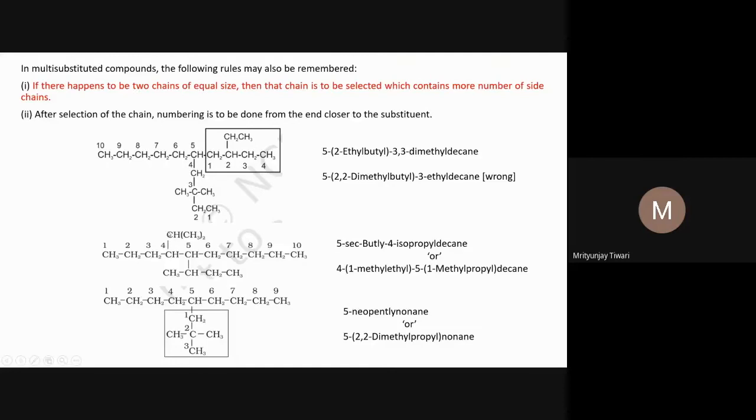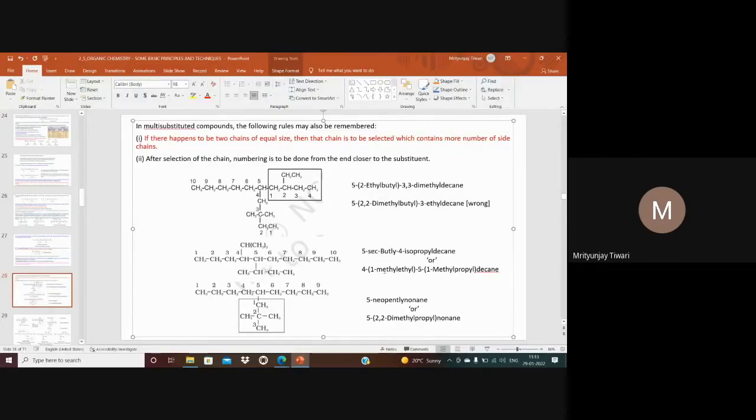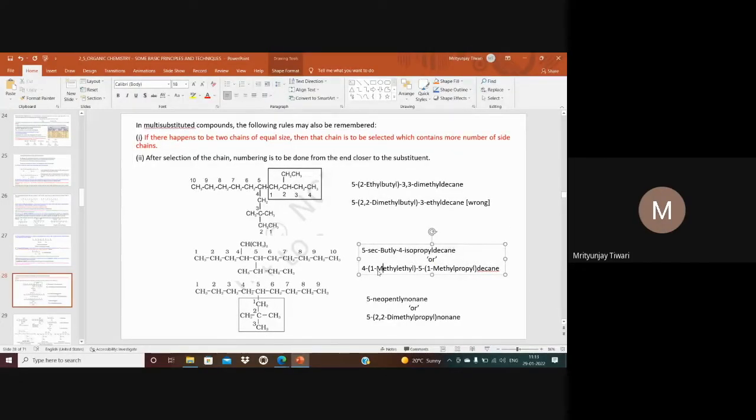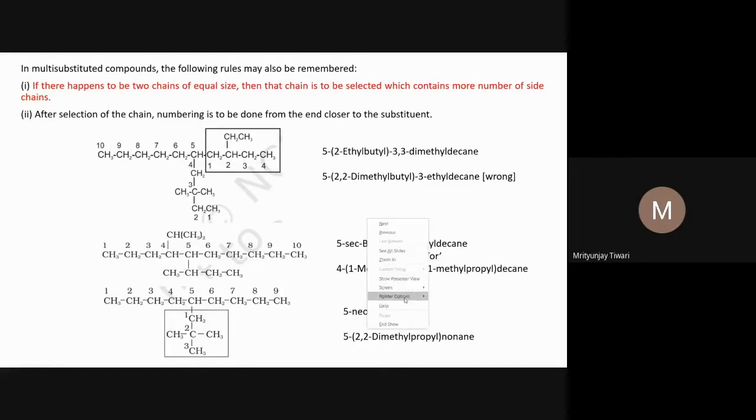so what we will do then is the numerical order. So this is an ethyl group, and one branch will be there at the first position. There is one branch over two. So this will be 4-(1-methylethyl), then the fifth position, (1-methylpropyl), and this 1-methylpropyl